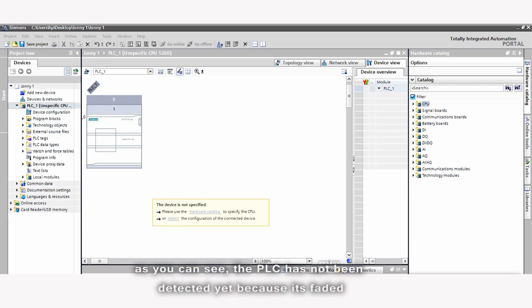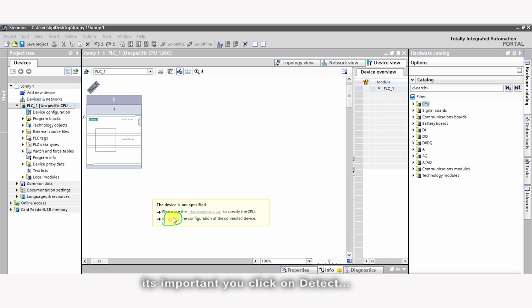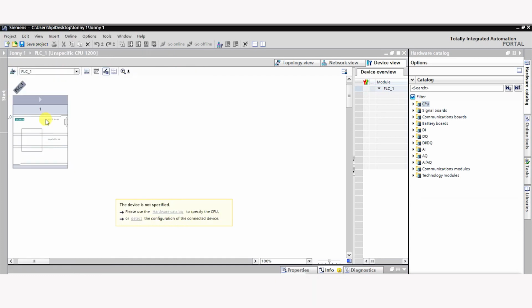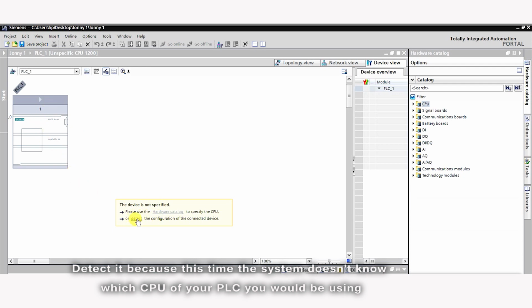the PLC has not been detected yet, so it's faded. It doesn't know the kind of PLC you are going to work with. It's important you click on detect so that you can detect the exact PLC you have connected to the PC or your HMI. That is a human machine interface. Detect, because you have to detect your device, but this time the system doesn't know which CPU you are using